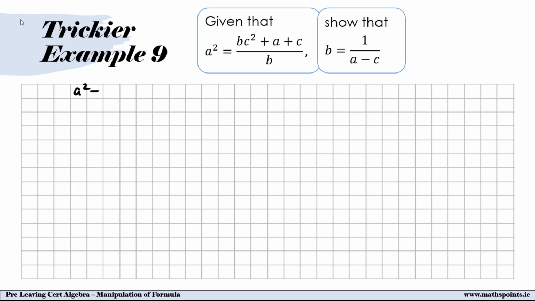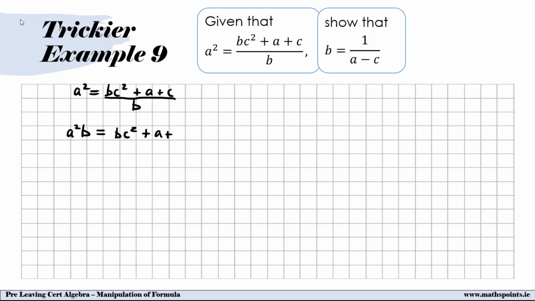So example 9 has been taken from a junior or higher level question. We're told that a squared equals bc squared plus a plus c all over b. And so the first thing I want to do is get rid of the fractions. I'm going to multiply both sides by b. That will give me on the left hand side a squared b,